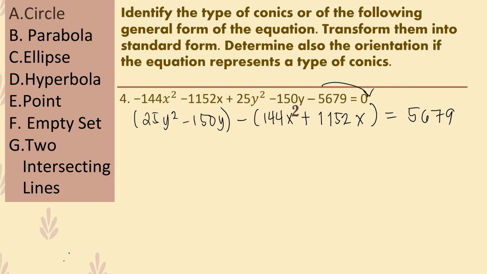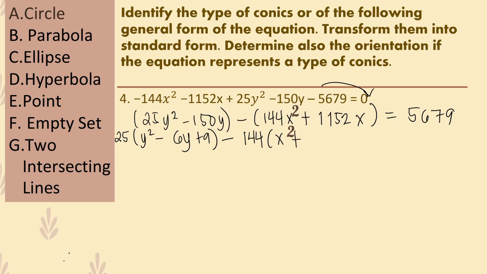And then, factor natin sila. So, ilabas natin itong 25: y squared minus 150 divided by 25 is 6y. And then, yung completing the square method. So, negative 6 divided by 2 is negative 3. Then, negative 3 squared is positive 9. Then, minus, labas na natin itong 144